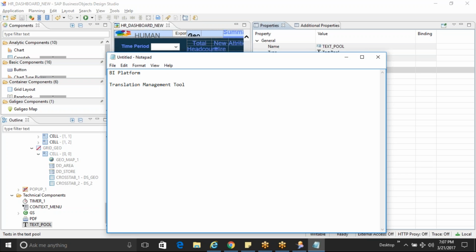It comes with the BO client tools. You log in to the translation management tool and import your application, whatever application you are saving on the BI platform. Open that application in the translation management tool. It will give you an option for which language you want to add. You add the language, then it will give you